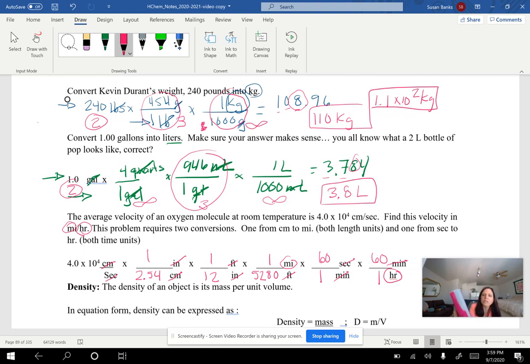If you notice, the E is the second function right above the 7. Okay, 4 times 10 to the 4th divided by 2.54 divided by 12 divided by 5,280 multiplied by 60 multiplied by 60 again, we get